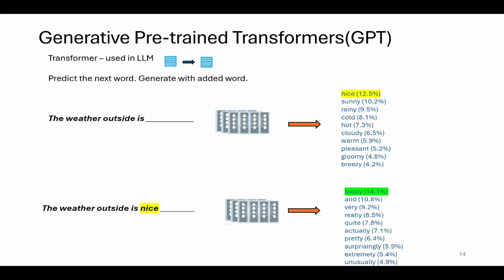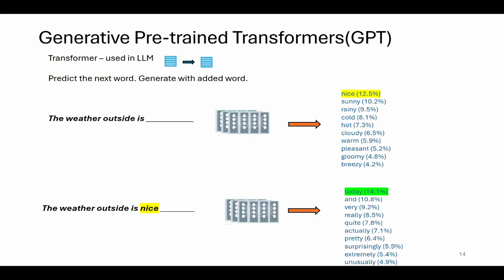Now, how predicting the next word makes sense for generating text is this: if you have the words "the weather outside is", and you pass them through GPT or a transformer, you get one of those options, right? So it's able to predict what the next word is. It gives you a percentage, right? So the weather outside is, let's say, nice. Once you get nice back, what you could do is add nice and make that a new input,